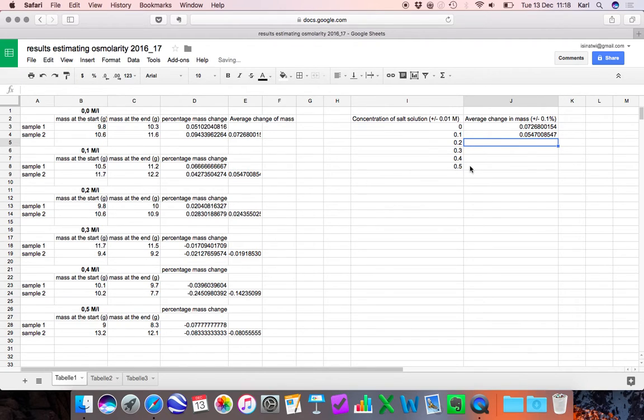I'll show you why that makes sense later. Basically, if I end up changing any data points or I get new data and I add to that, I don't need to go back and recopy everything. So for 0.3,